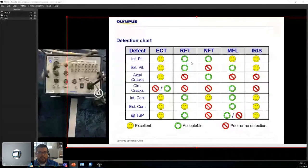In RFT, you have internal pitting, external pitting, axial cracks, not really, circumferential cracks, not really, unless they have a huge volume, right? And after a while, when does a crack become more of a pit or a groove, right? So you have to keep that in mind. Internal corrosion, same thing. External corrosion, super easy. Anything under the TSP, the support plate,